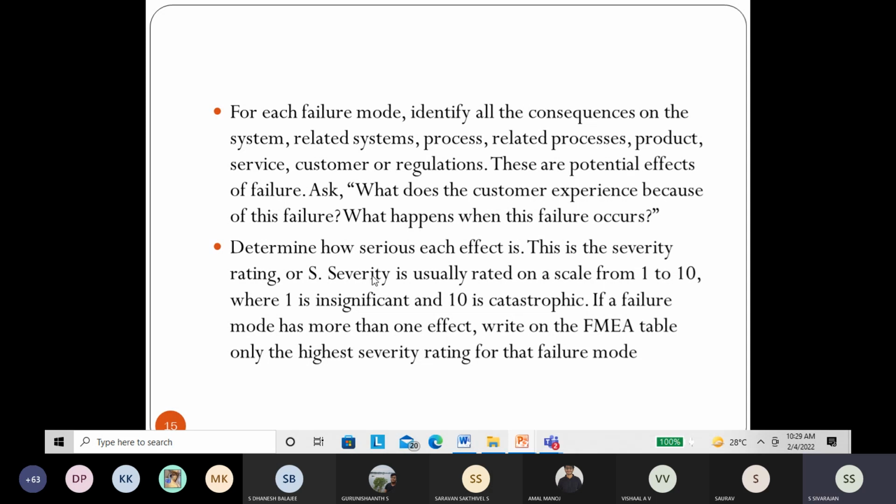Severity is usually rated on a scale from 1 to 10. That's what in the previous ATM example I showed, 7, 8, something like that. If it is less severe, it is 1; if it is more severe, it is 10. So 1 is insignificant, so we are not worried. 10 means catastrophic. It's a problem. So if a failure mode has more than one effect,